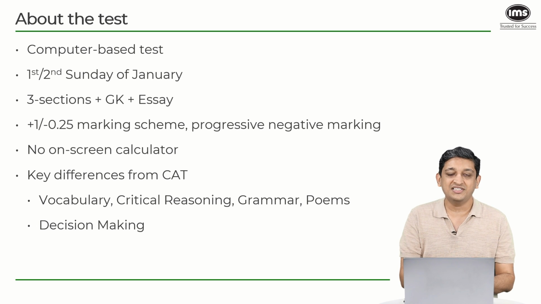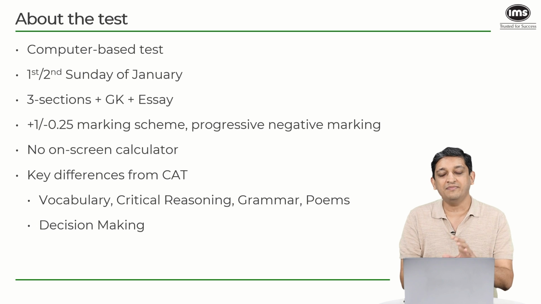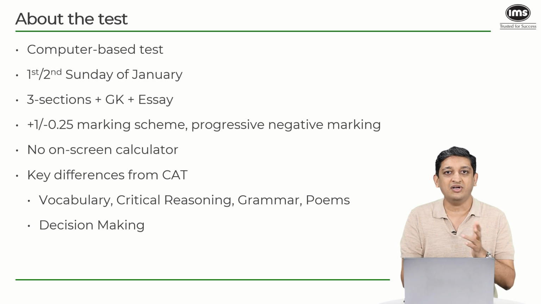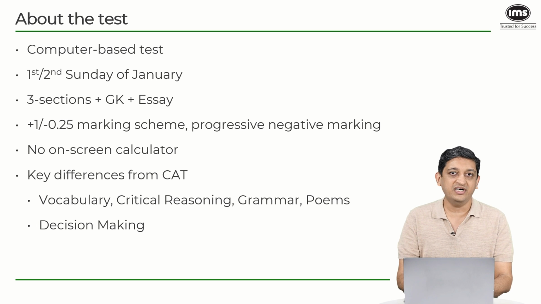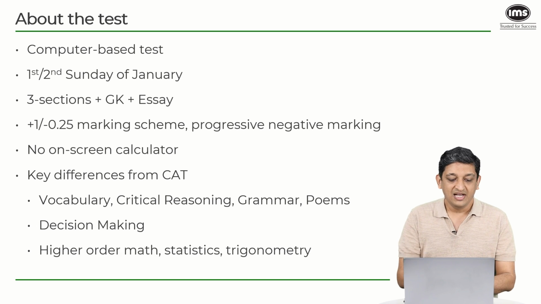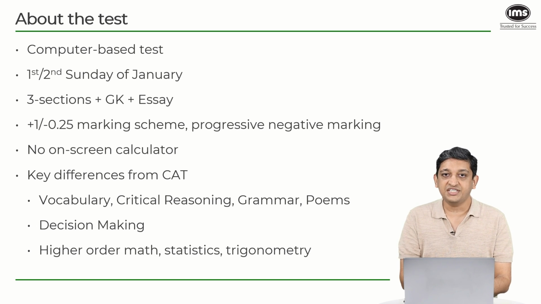The decision-making section, as we will see in detail later, consists of caselets wherein there will be some case given to you, on the basis of which you have to make an ethical decision or a business decision. So that is basically what the decision-making section looks like. And in terms of the quantitative ability section, you will have questions from higher order math, meaning that there might be some questions that will require you to apply your knowledge of